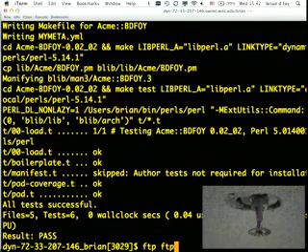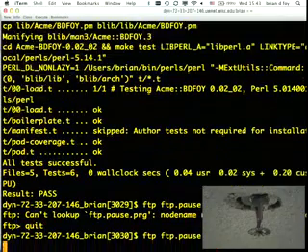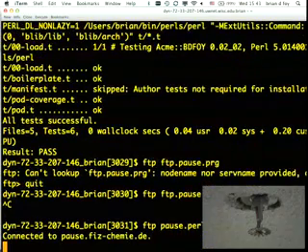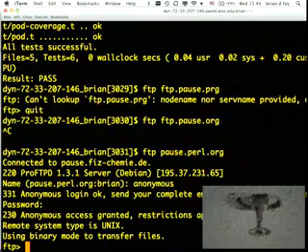I'll show you another way to do this. I'm going to see if I can FTP to ftp.pause.org. See if they have FTP open. Actually, their DNS is really slow right now. It's pause.perl.org. Whoever said that, thank you. So this is a machine somewhere in Germany run by a guy named Andreas Koenig. So log in as anonymous. Send some string there to be your password. And then if you look in here,